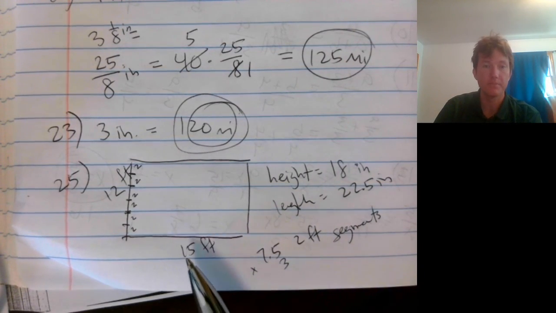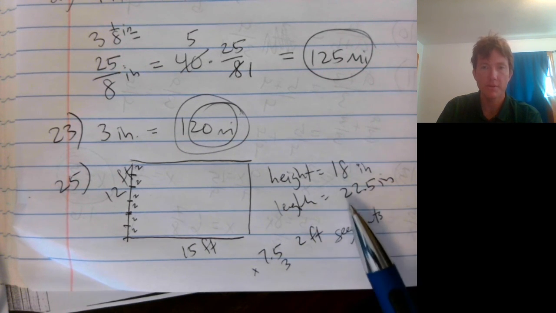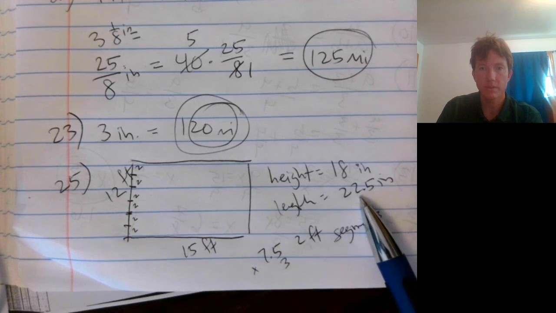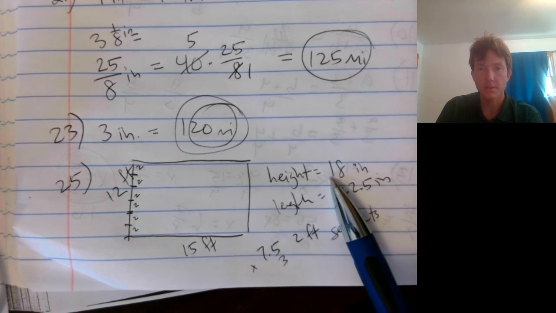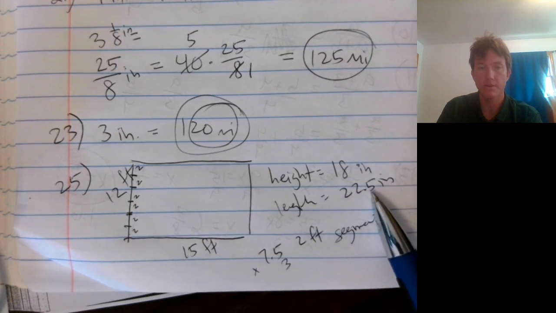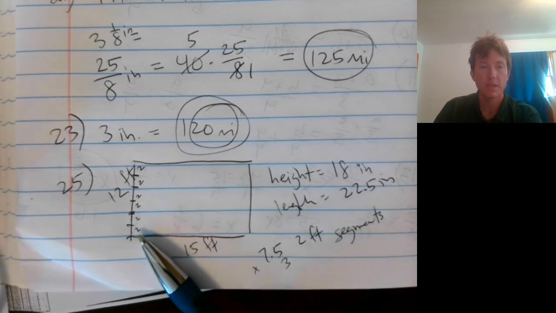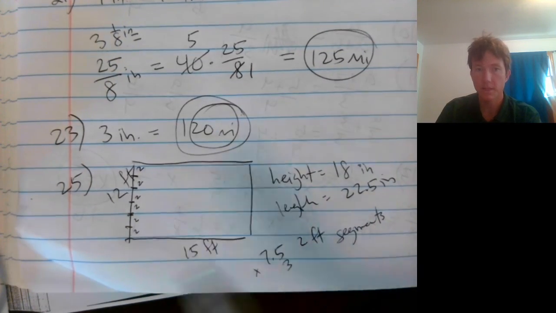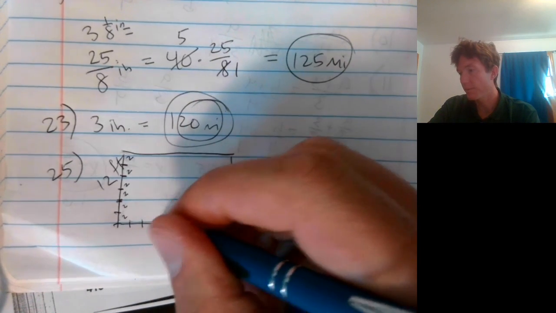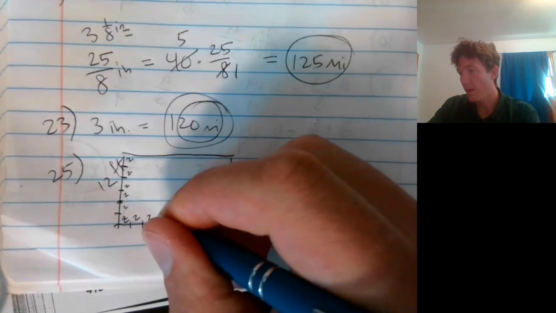And check to see if this is right. We're looking at a 5 to 4 ratio of length to height, so this should also be 5 to 4, which is true, right? Because 18 is 4.5 times 4, and 22.5 is 4.5 times 5. So this is still a 5 to 4 ratio. So we are correct in doing our math there. So to recap, we split this into segments. Here I had 6 2-foot segments, and then for this bottom one I had 1, 2, 3, 4, 5, 6, 7 and a half